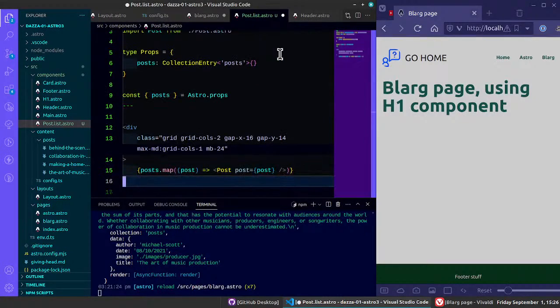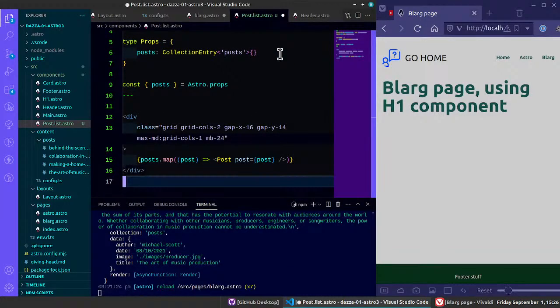Alright, I think that's about it. Yep, so now we have to build the